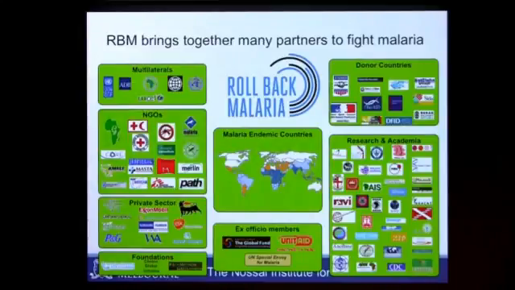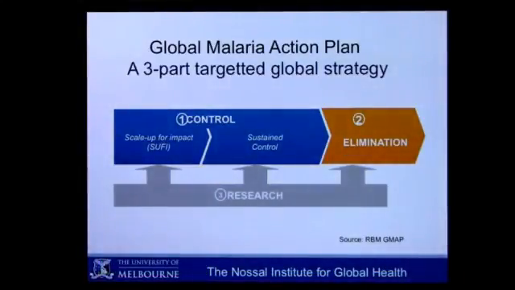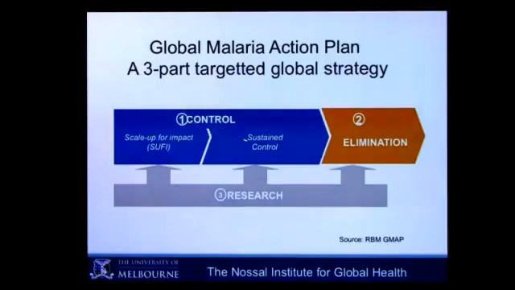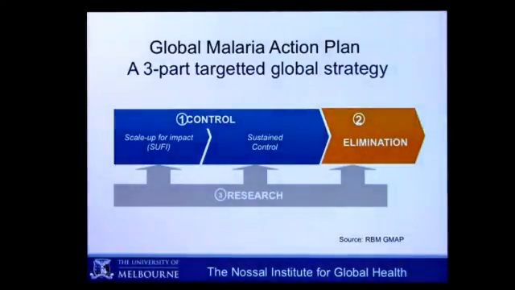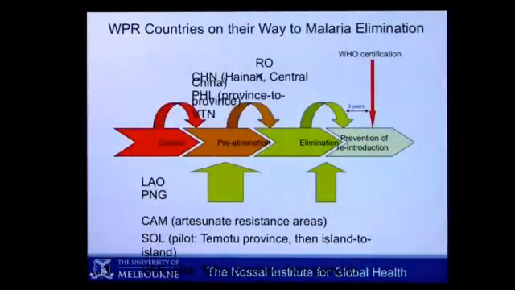Multilaterals, WHO, World Bank, UNDP, and these are the people that put together the money, the budgets, and the challenges to take it forward with the country, like the Global Fund for AIDS, TB and Malaria. And I think Bill and Melinda Gates deserve tremendous credit for kicking this off. So what you do is start with increasing the control to get a bigger impact, get it for a while, then when you have less than 1 case per 1,000 people per year, you can think about the challenge of elimination. And this hasn't translated perfectly, but in our region, there are countries like Papua New Guinea and Laos